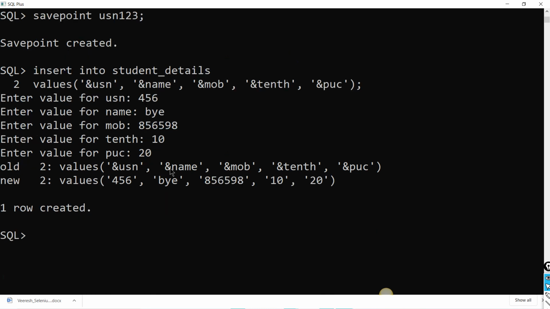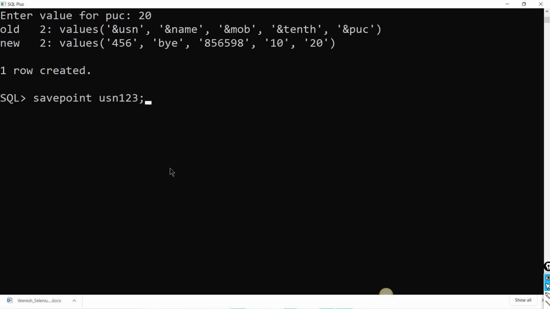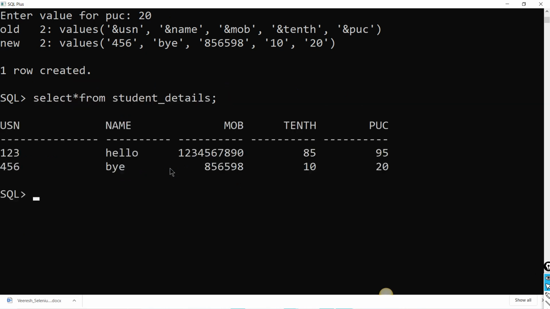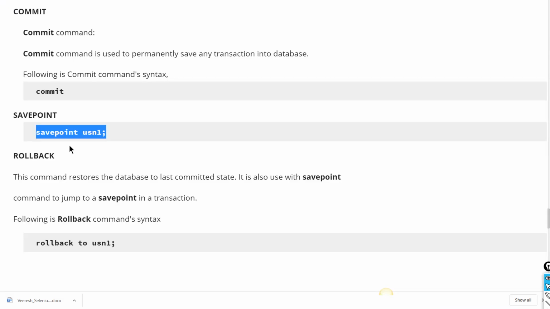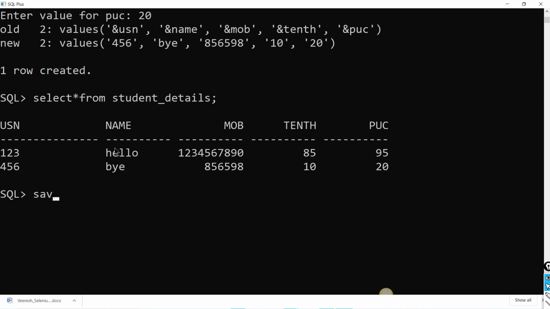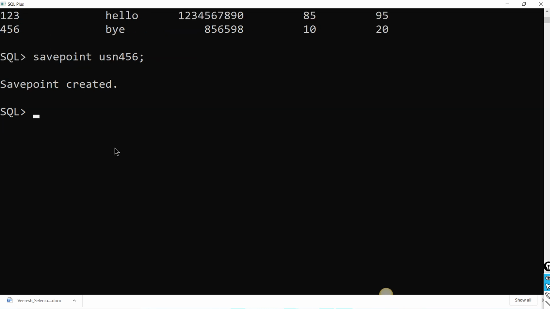You see, one more row created now. Let us check the values. We have inserted 2 rows now, right? Now I'll save it as savepoint usn 456. Savepoint created.